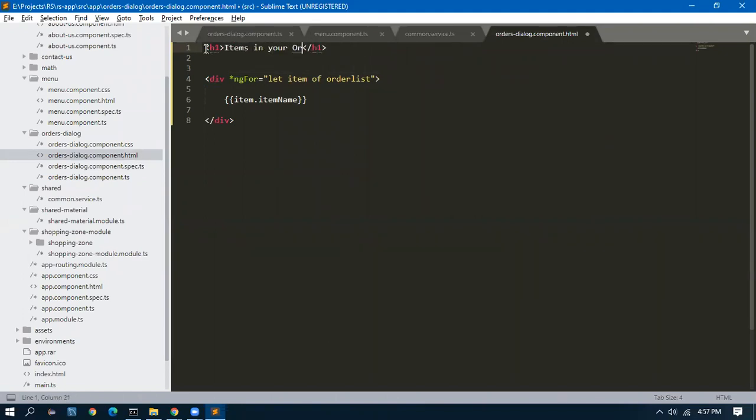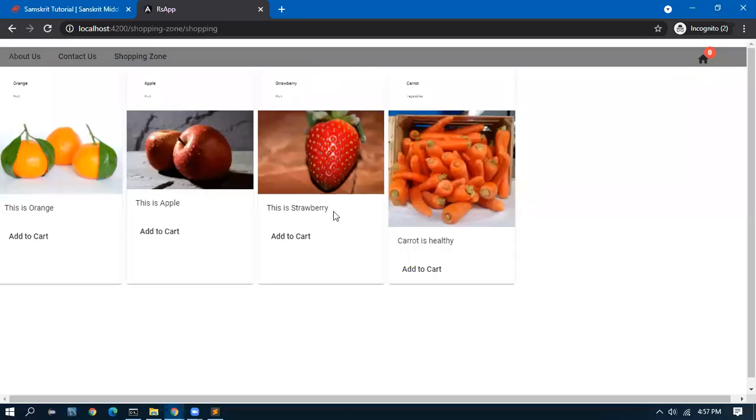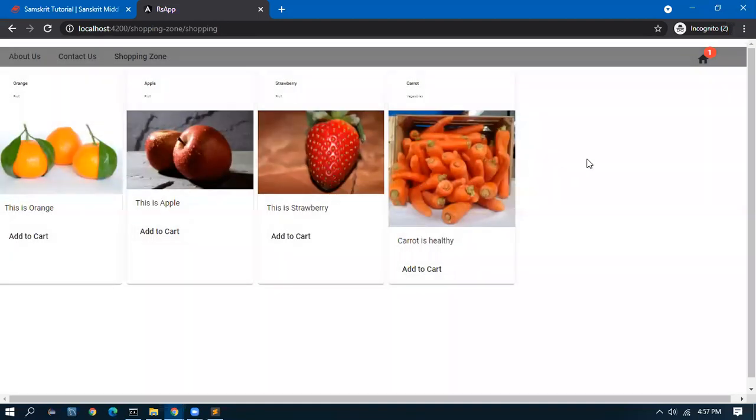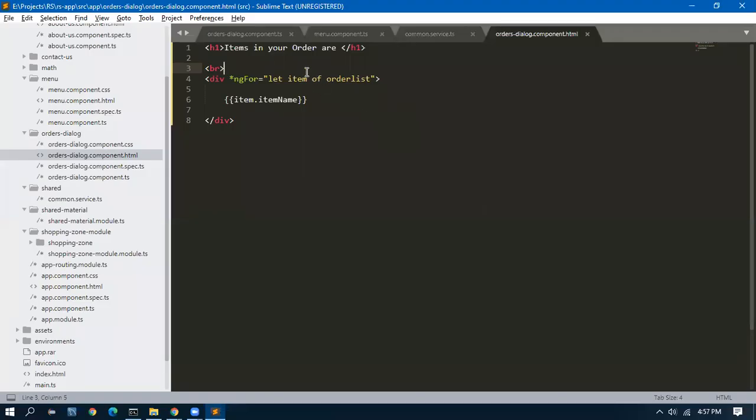Items in your order are. Line break. We go here. Items in your order are. When I click outside, it is automatically going to close. Okay. Now, any questions so far?